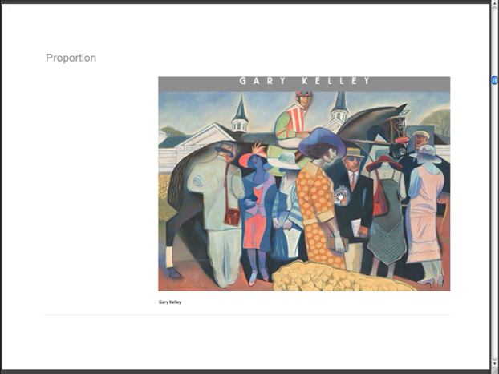In a volumetric understanding, proportion can also be used in different ways. Here in the Gary Kelly illustration, we would expect that this woman would be very large in relationship to the crowd around the horse. And she actually sort of blends in a little bit. She's not that much larger. If her feet are down here and she actually walked over there, she'd be a lot smaller than these people. But notice the size of the horse and the size of the jockey in relationship to